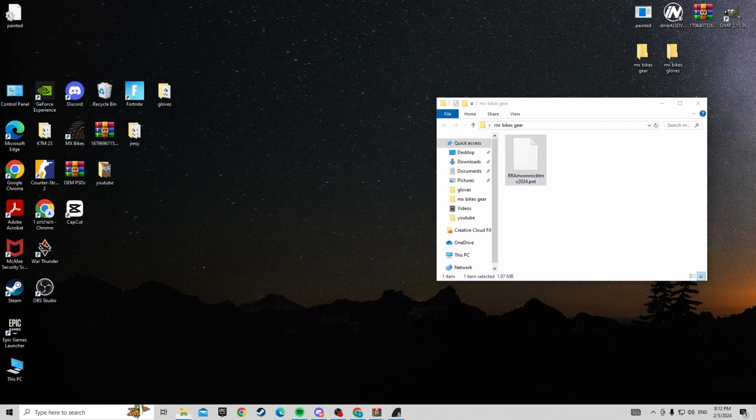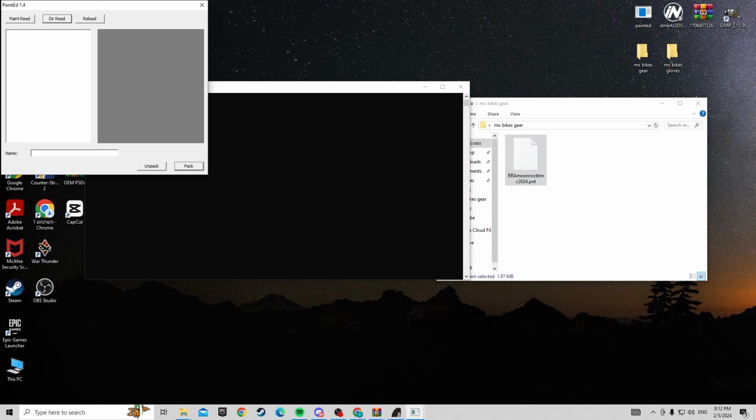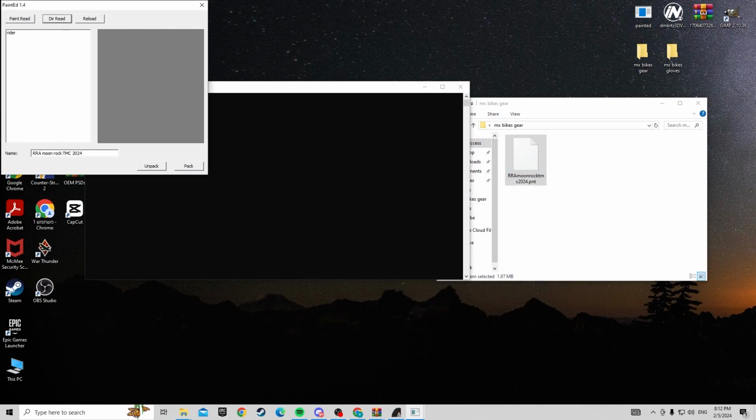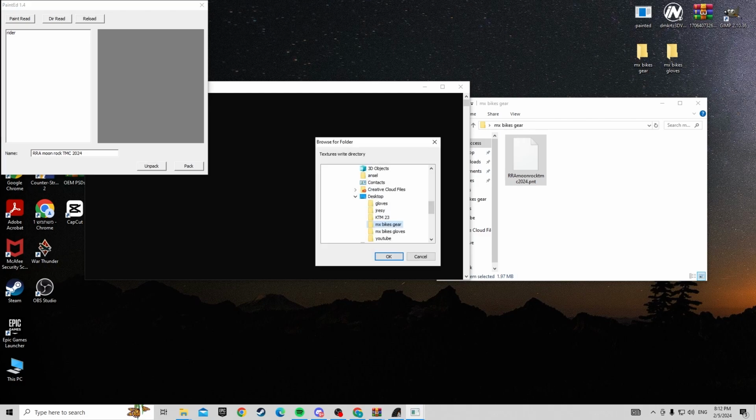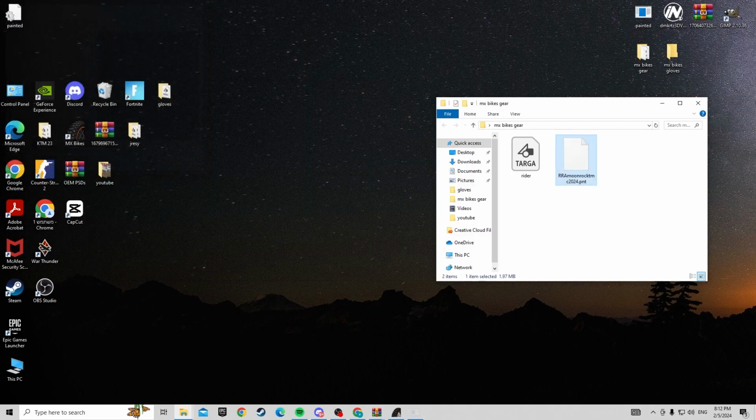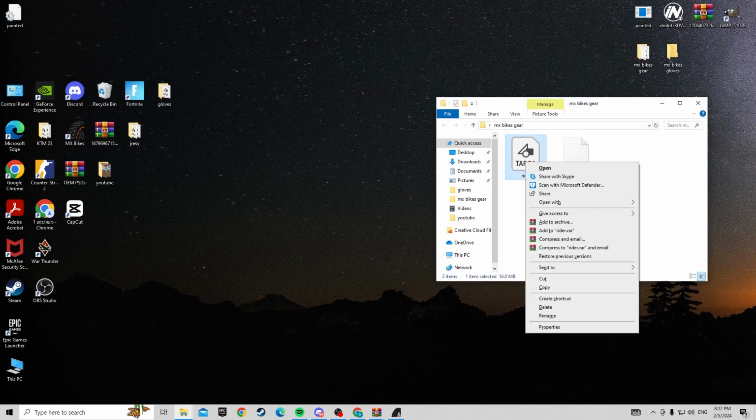Now you're going to open Painted and Paint Read, and you're going to select it, and now we're going to do unpack. If you press unpack and you see the rider here, it will be very easy and it's working. Sometimes it will not work. Now I press unpack and I put it again in the MX Bikes folder. Now we're going to do the same thing as before in the custom one. We're just going to open GIMP for the GIMP people, and